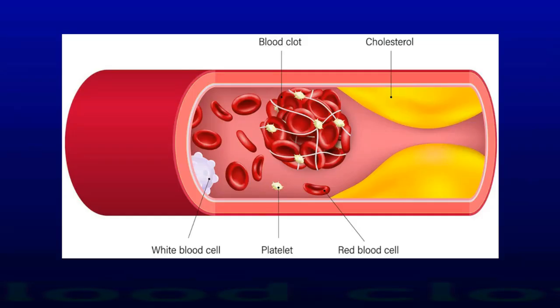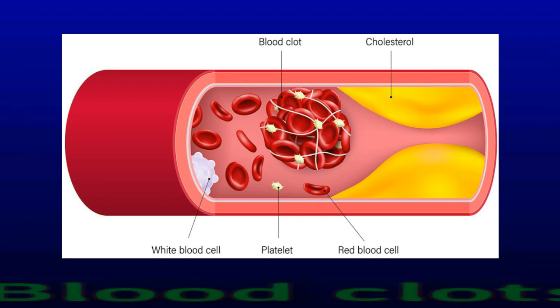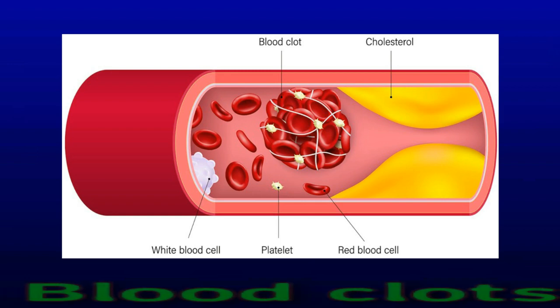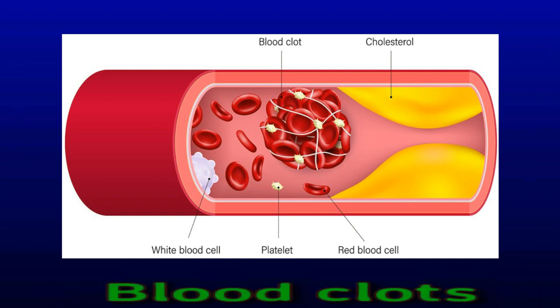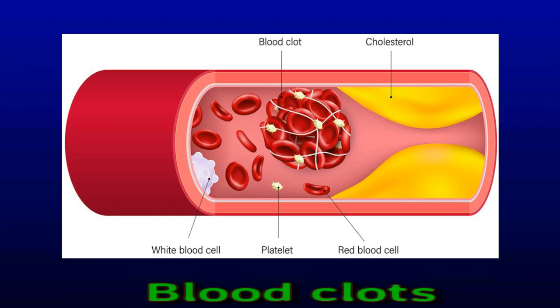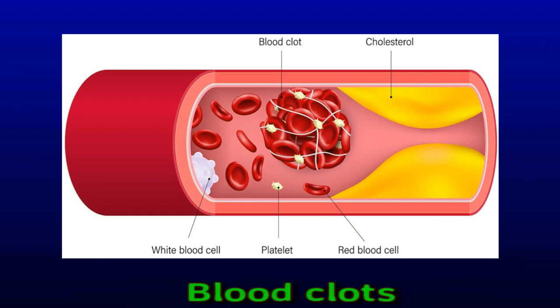Blood clots. Sometimes a blood clot or thrombosis can develop in one of the veins in the arm or leg. One type of blood clot is deep vein thrombosis, which requires urgent medical attention. A person can also get a superficial blood clot in the veins of the leg, which can progress into a deep vein thrombosis. Deep vein thrombosis obstructs the flow of blood returning to the heart, causing edema in the affected